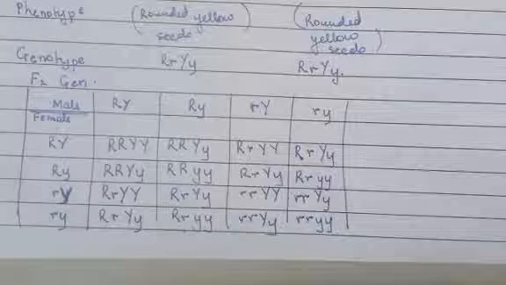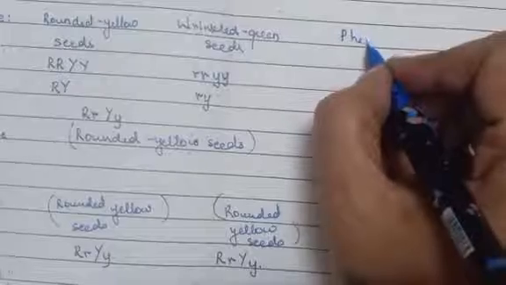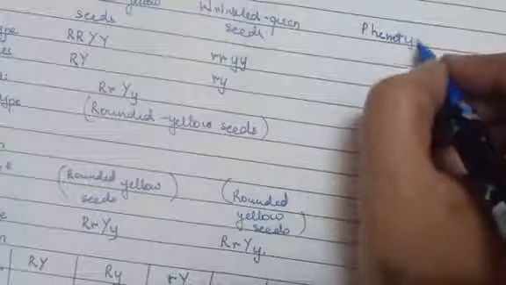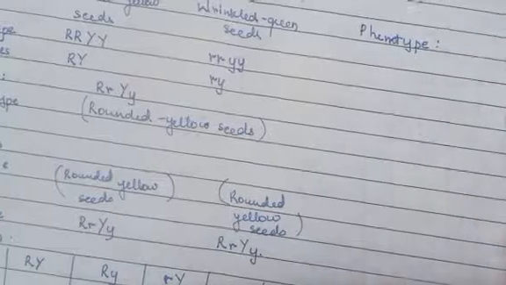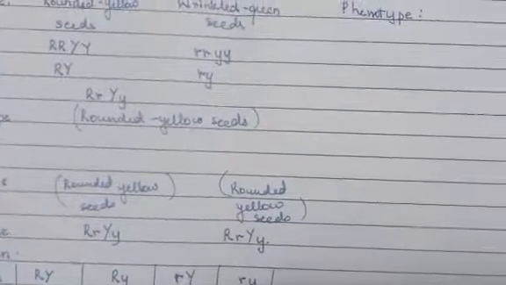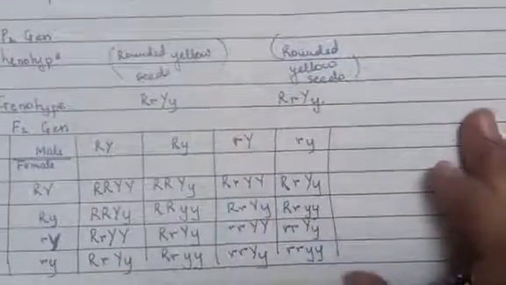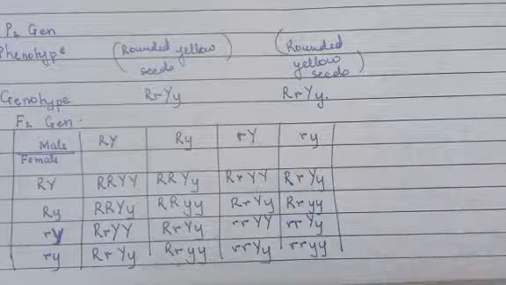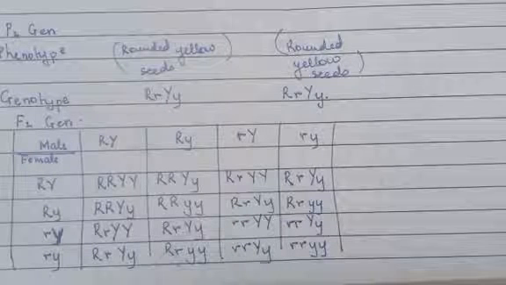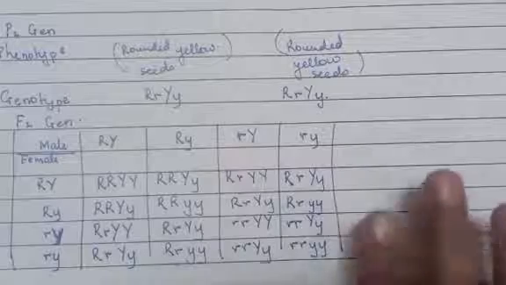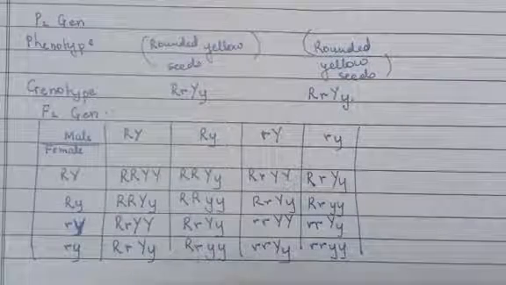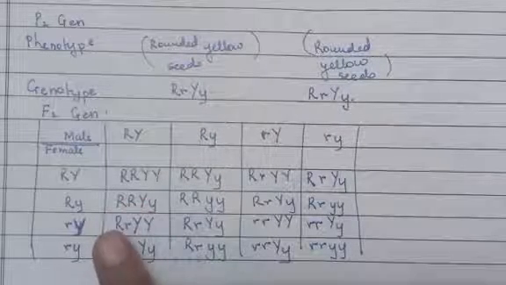Now phenotype. How will these plants look? We'll see how to write the phenotype ratio. Actually in this, the phenotype ratio and the genotype ratio, that whole brain power is cancelled. But let us just go through it. We'll not learn to write, but we'll see from this combination what we got actually. So this whole thing, phenotype and genotype ratio, is omitted for you this year. But what are the different types of plants we see?